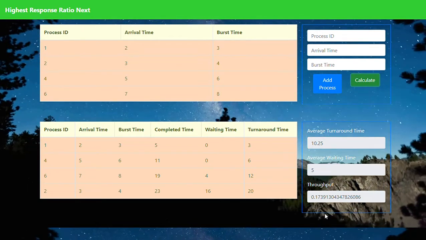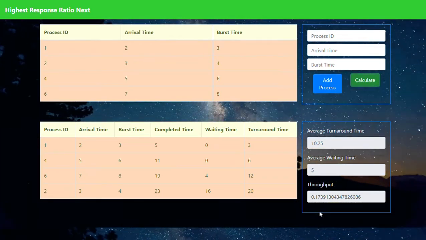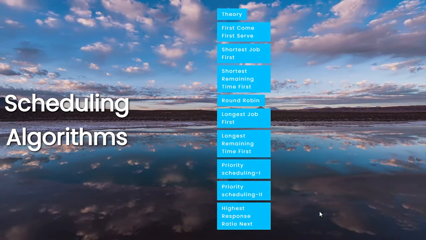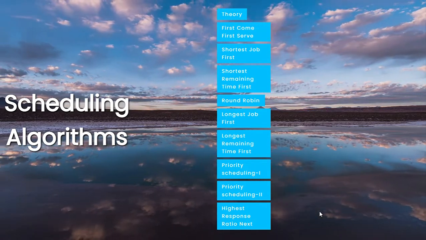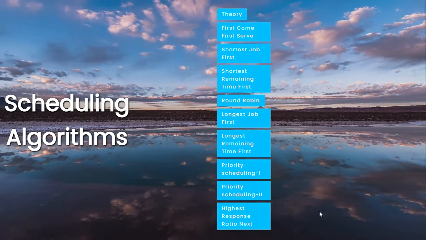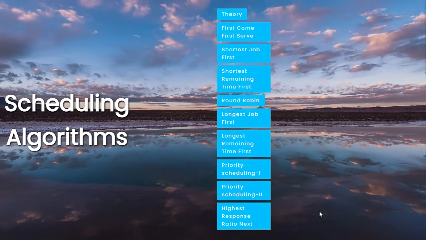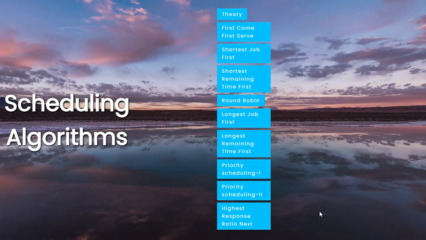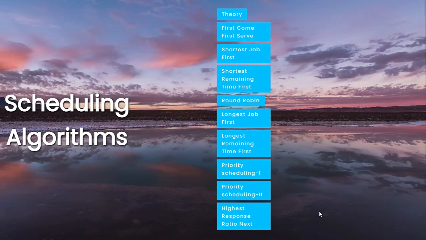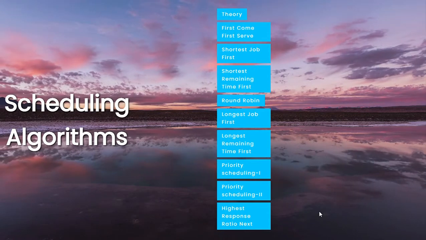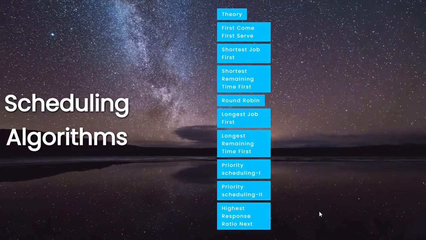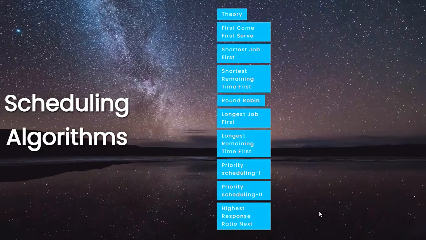So this was all from our end. We are done with all 9 algorithms and the IO burst time values as well. And yes, you can have access to our project as well. You can read our readme file thoroughly, where you will be instructed how to access our project and how to use it